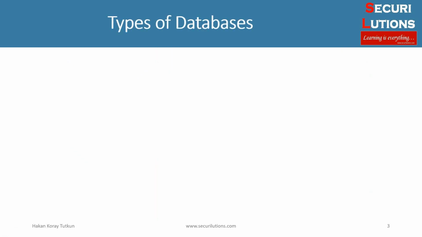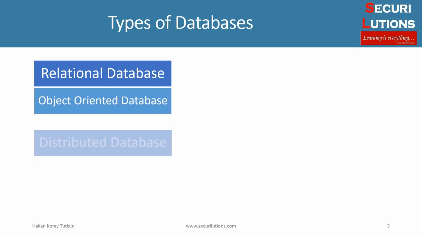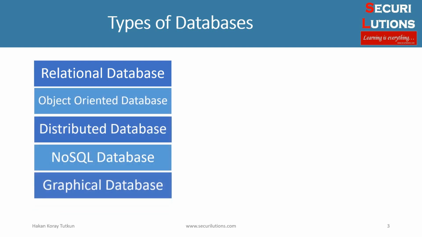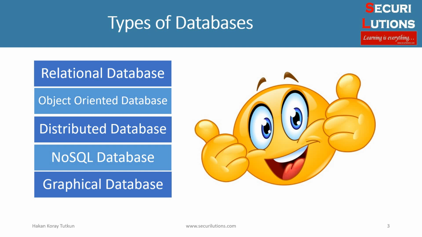While at the first usage of databases the data consisted of letters and numbers, today a wide variety of data types such as pictures, videos, and graphics are used. The use of these different data types for different purposes, and the different capacities caused by different storage properties, mean that the types of database are different. These database types change according to how the data will be processed. Basic database types used today are: relational databases, object-oriented databases, distributed databases, NoSQL databases, and graphical databases.